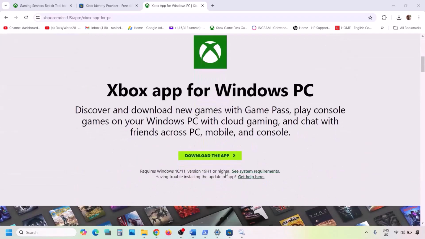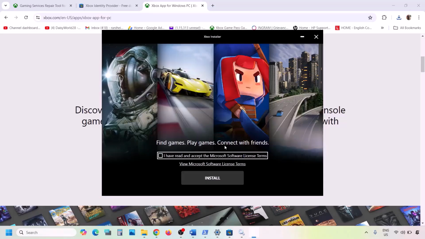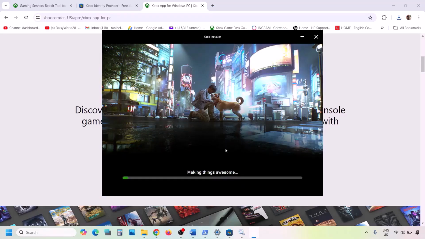So now you can scroll down over here, you can see the download the app option, and once the download is complete, run this exe file and then follow the on-screen instructions. Just install Xbox app, agree, install it, and after the installation you can check. Now if it's still not working,